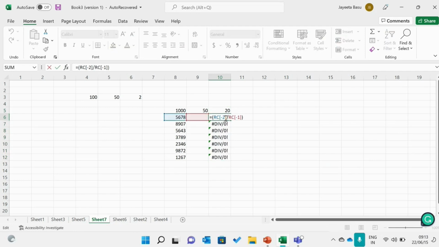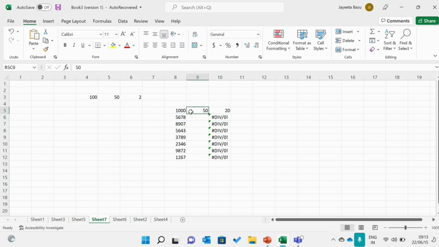You see it's not come. Why hasn't it come? Because I didn't select this. So instead what you have to do is to get the constant numbers,